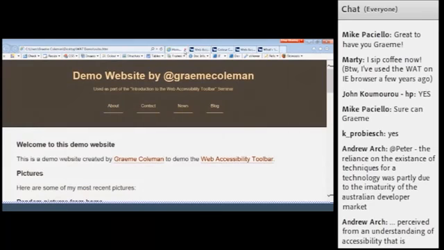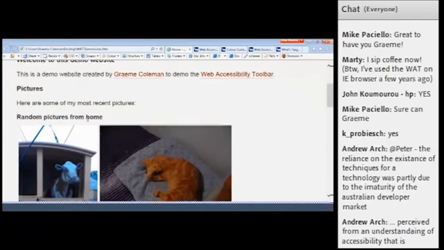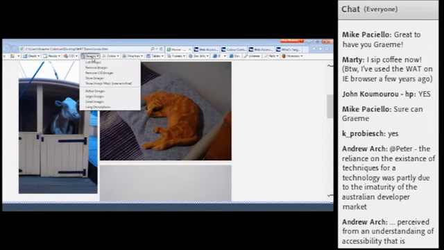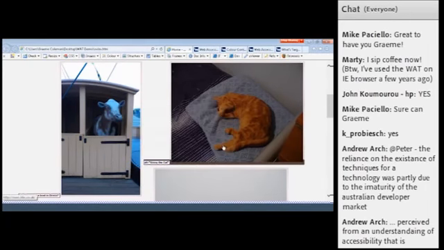So it's telling me there's a link here at the top left hand side of the page, and it's telling me where the actual anchor element or the ID is located for that particular anchor element. So you can see where the skip link is and the direction of the skip link essentially as well.